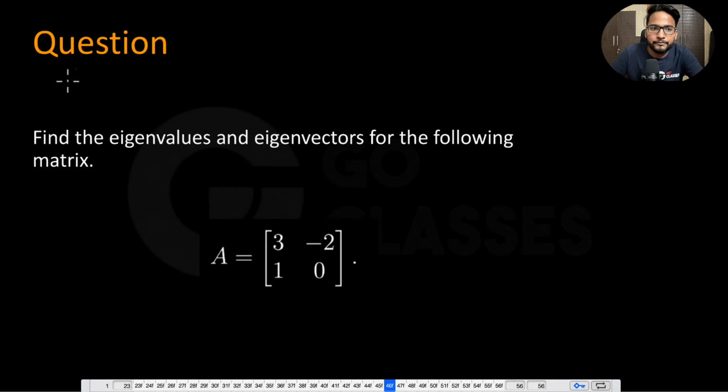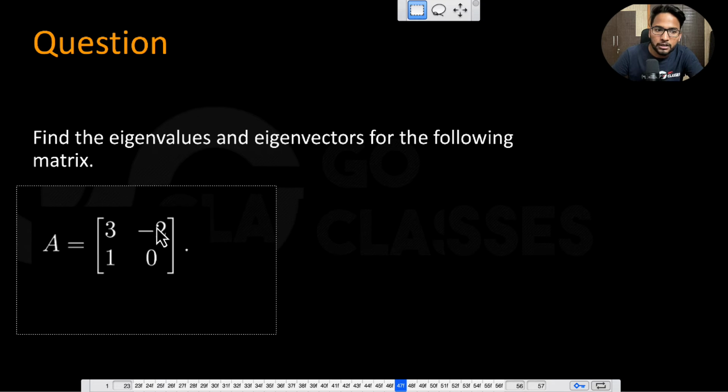Let's solve this question. What they are saying is that find the eigenvalues and eigenvectors for the following matrix. So let's find eigenvalues and eigenvectors for this matrix. What do you need to do? You can just subtract lambda from the diagonal, and then you can solve for the determinant to